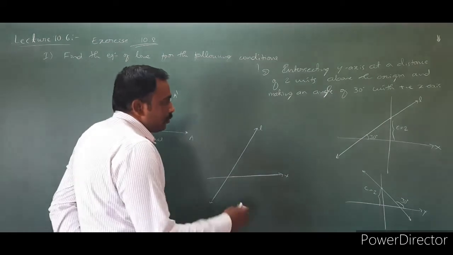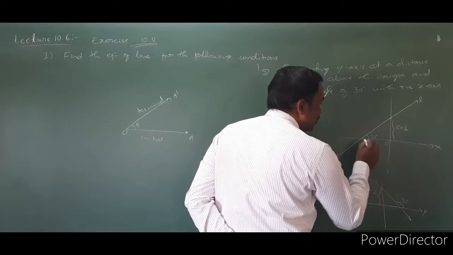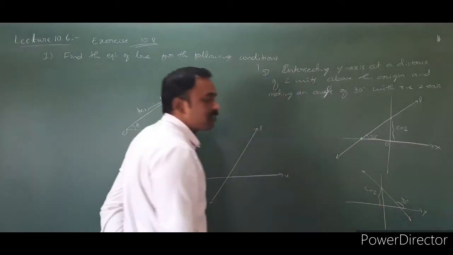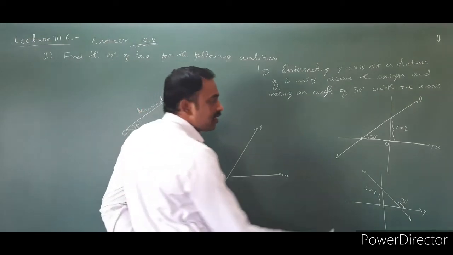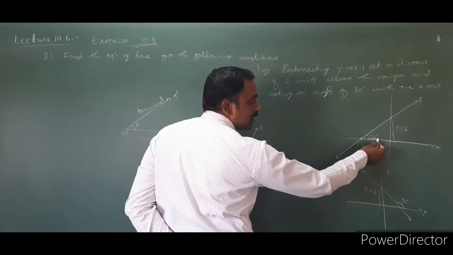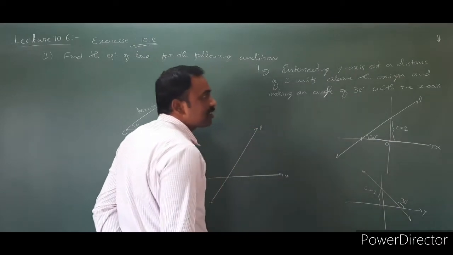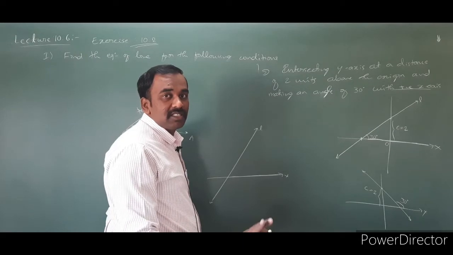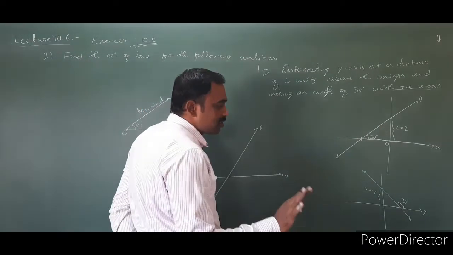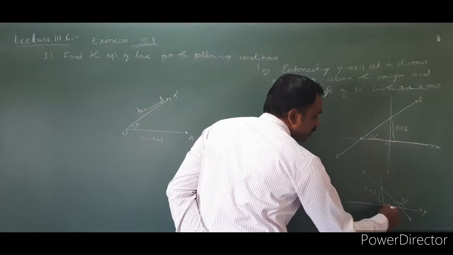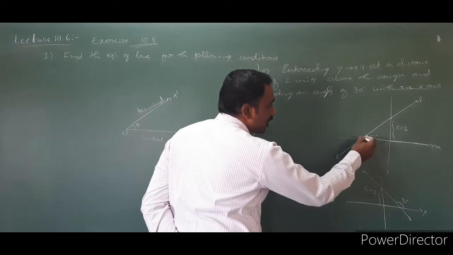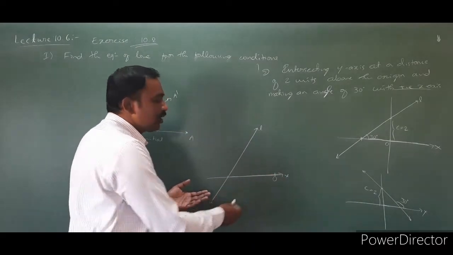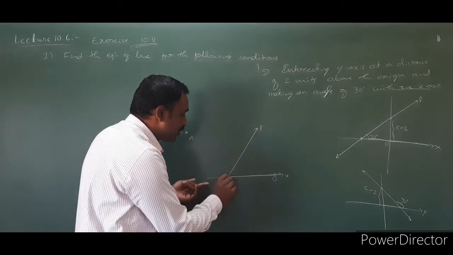Here, wherever the origin is, nothing to worry, here it is the origin. This line from this point to here is the positive direction of the x axis. Are you clear? I am moving from this point right hand side. Is it the positive direction of the x axis? Yes, that's all. It is not mandatory that the positive direction of the x axis is only the right hand side of the origin. Whenever the angle is taken, you can take the origin here, and here there are negative values, but I am just taking from this point right hand side.